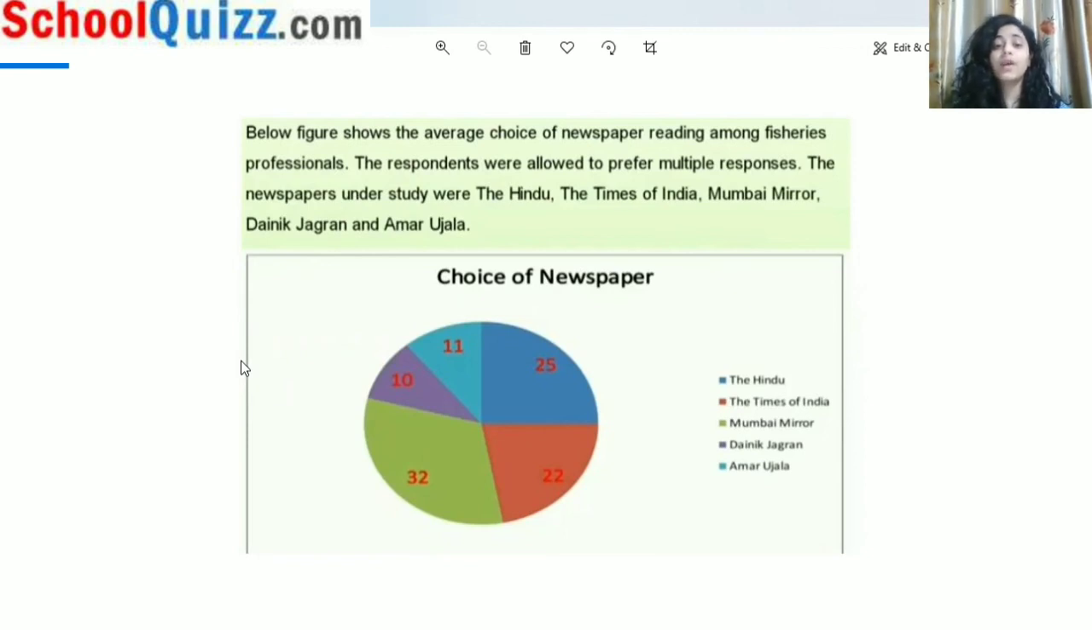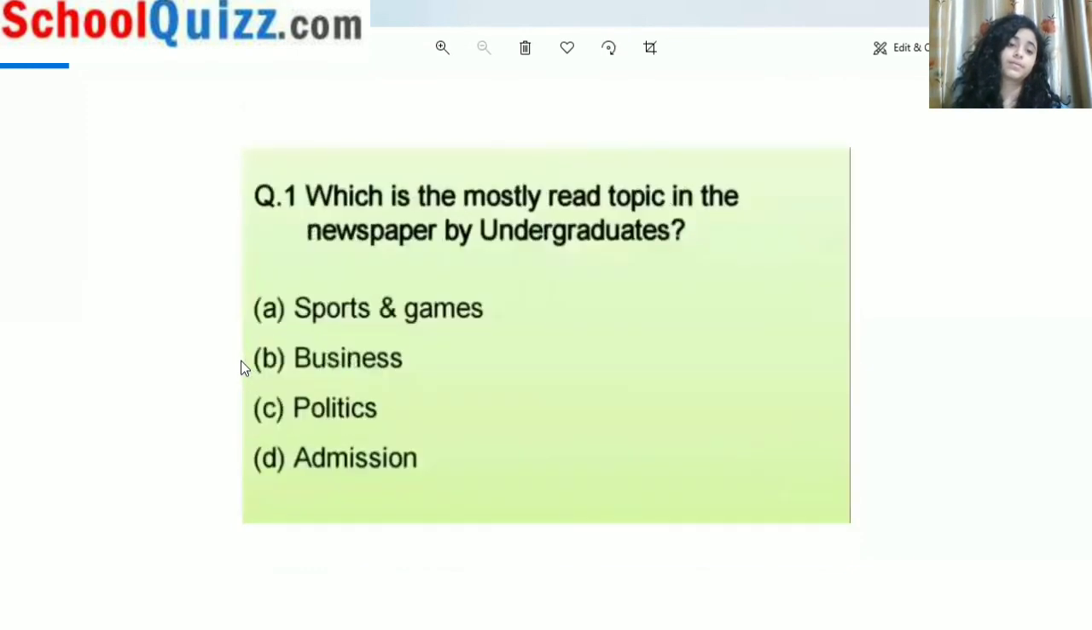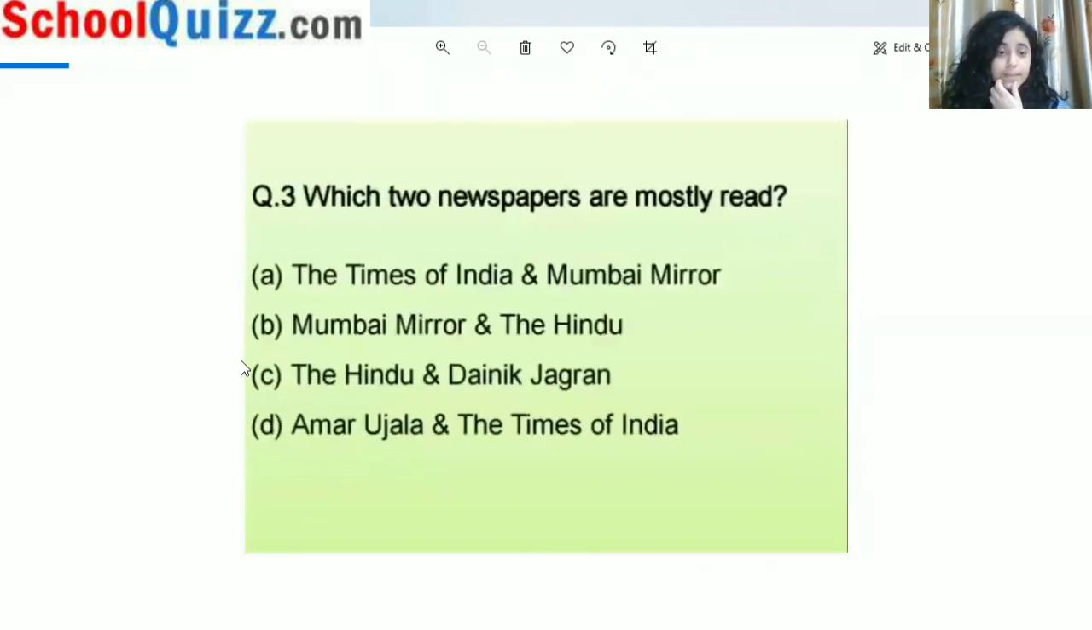Okay, so over here, what two types of newspapers were mostly studied? So first one is the Mumbai Mirror, definitely, because it is shown in the green color. Then 25 is given to the Hindu, dark blue. So what two newspapers are there? Mumbai Mirror and the Hindu. So our correct option will be B,